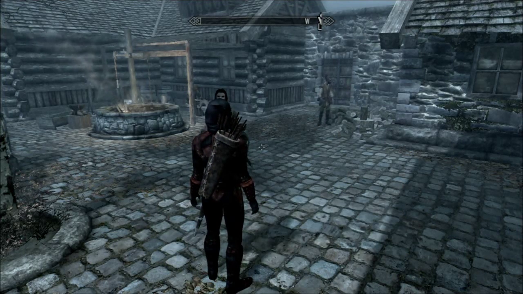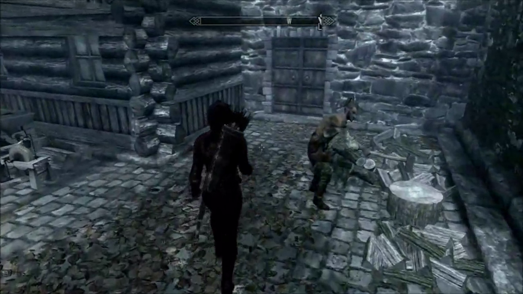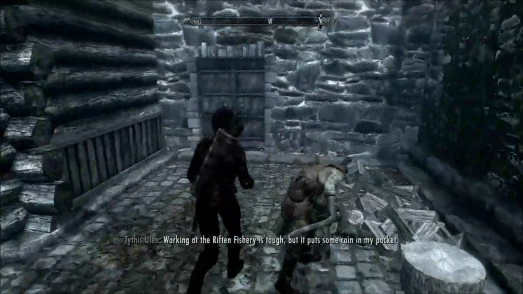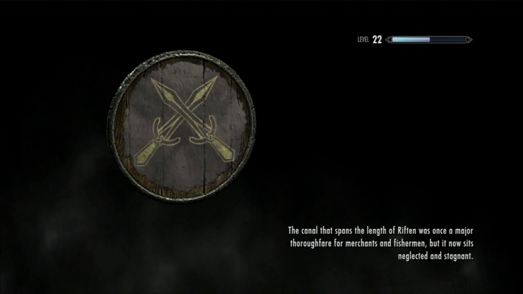Okay, we're in Riften. All I've done is fast travel here and wait until it was daylight again. So next to the blacksmith here, there's this door here, which we're going to go out. Now what I want to do is, before I start smithing, I want to get this